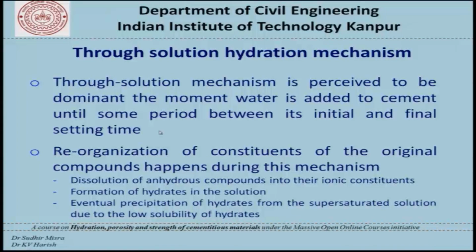So, which means through-solution dominates when the mixture is relatively plastic, when the mixture is relatively wet, and what happens in through-solution is the reorganization of constituents of the original compounds: dissolution of anhydrous compounds into their ionic constituents, formation of hydrates in the solution, and eventual precipitation of hydrates from the supersaturated solution due to the low solubility of hydrates. So, three things happen,